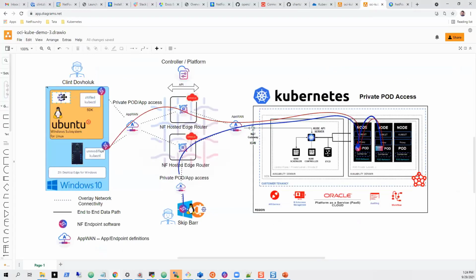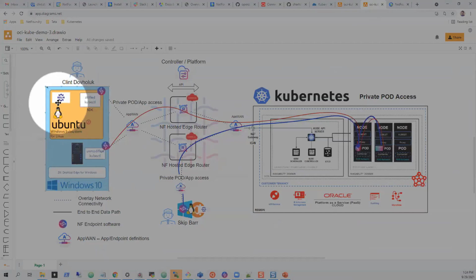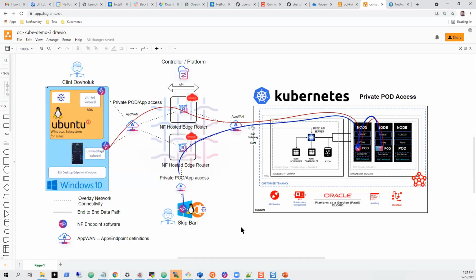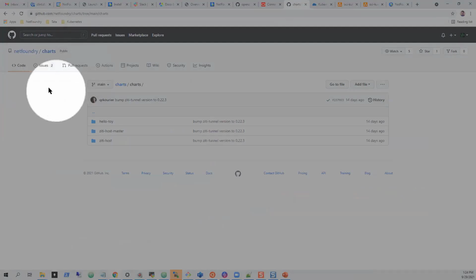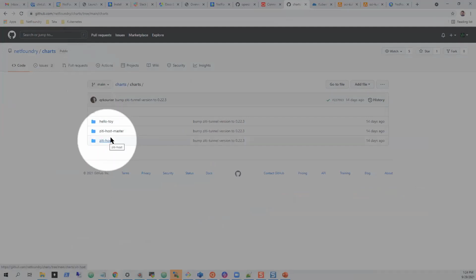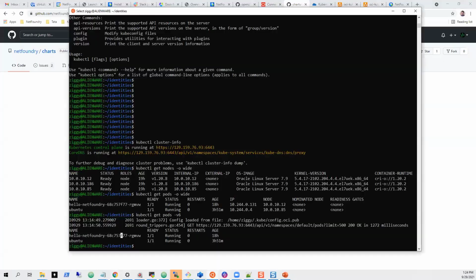All of this, our pod, is installed with Helm. I have Helm in here. I already have Helm pre-installed, and it's as simple as installing that chart. That chart can be found on our NetFoundry GitHub, and you can find it under charts. ZD host is the name of this chart. And then you come back over here, and let me get all this other stuff out of the way so I can put it over here. The first time you run it, you have to install our repo. Let me get it once I copy it correctly.